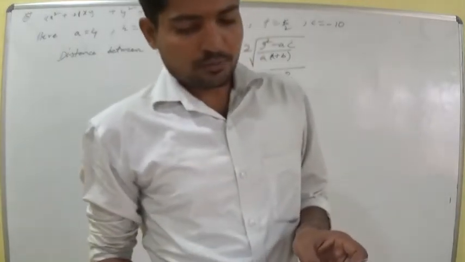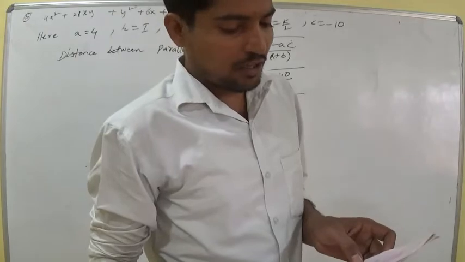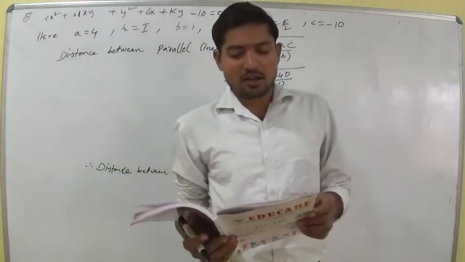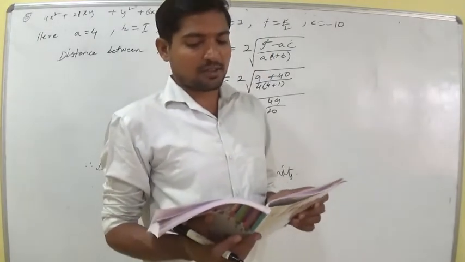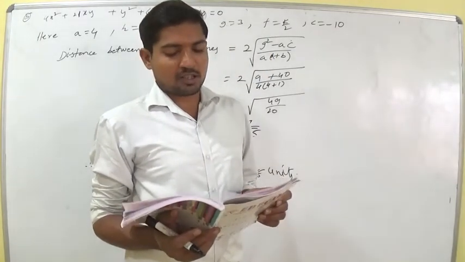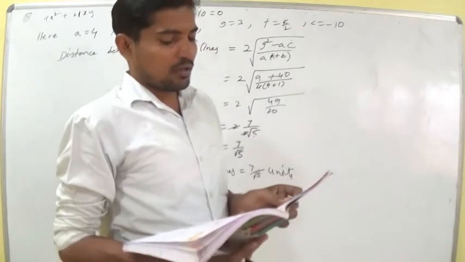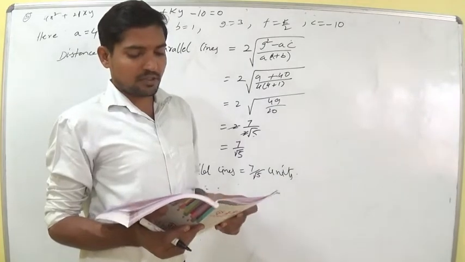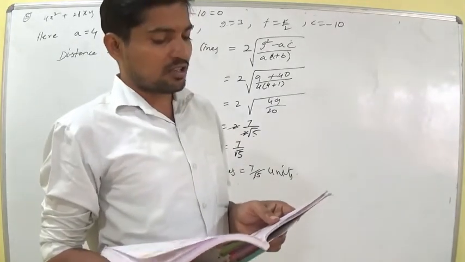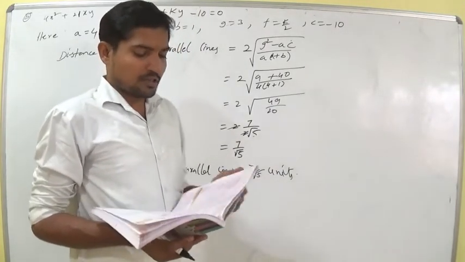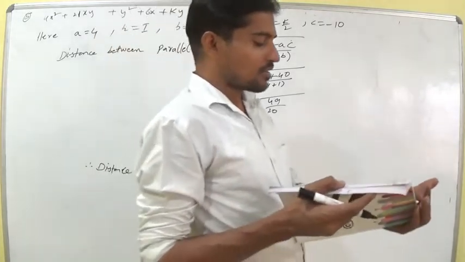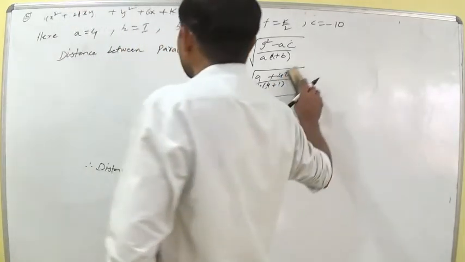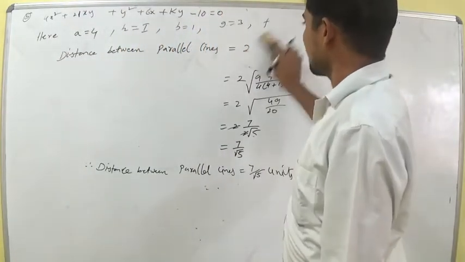Next, sixth one. The statement given here: x square minus y square plus ky equal to a square represents a pair of straight lines, then k is equal to plus or minus 2a. Which represents a pair of straight lines: abc plus 2fgh minus af square minus bg square minus ch square is equal to 0. That is, our second statement is correct. Is the first statement right or wrong? Let us verify that.